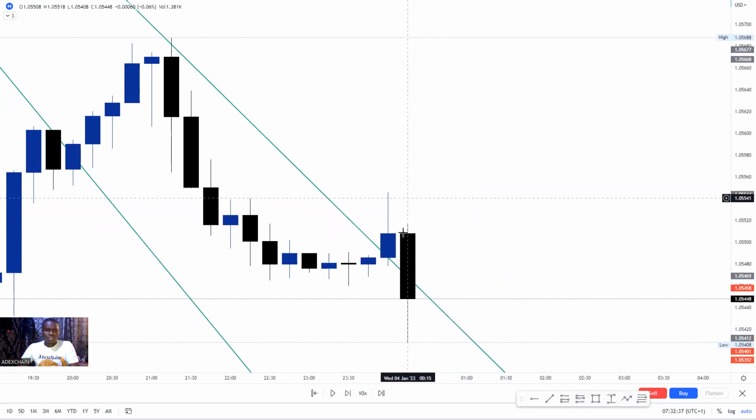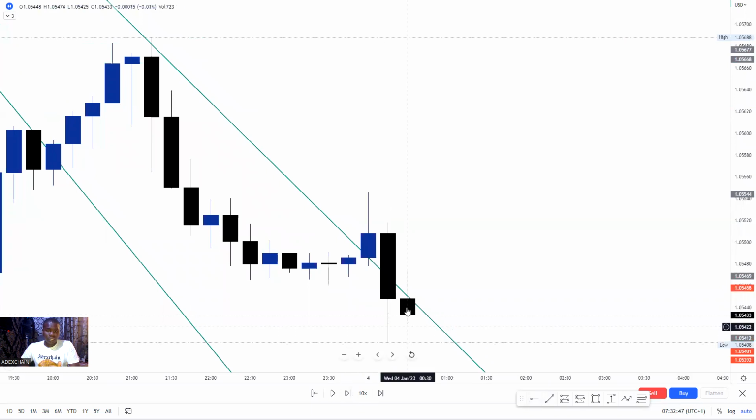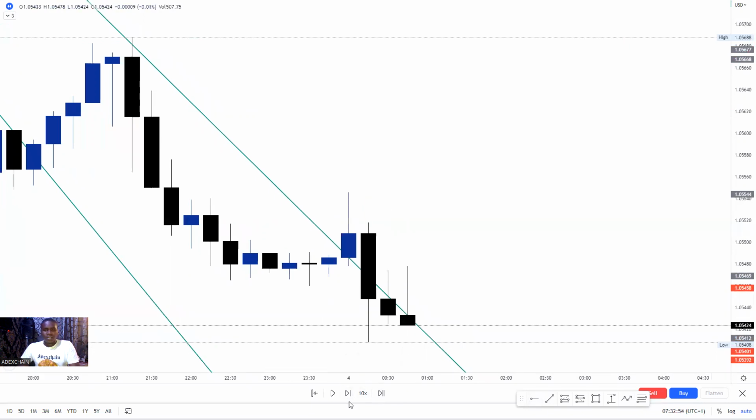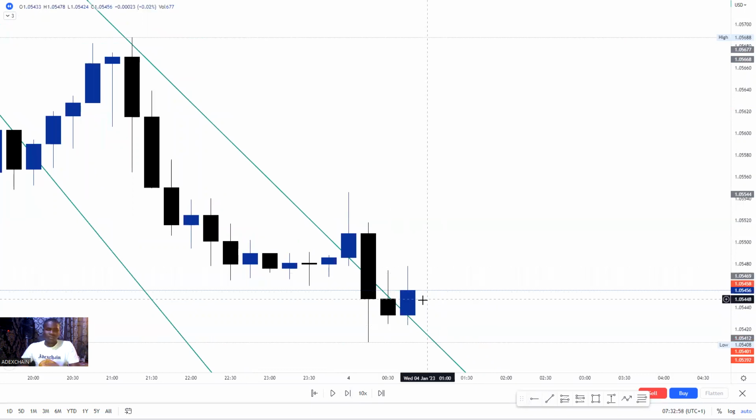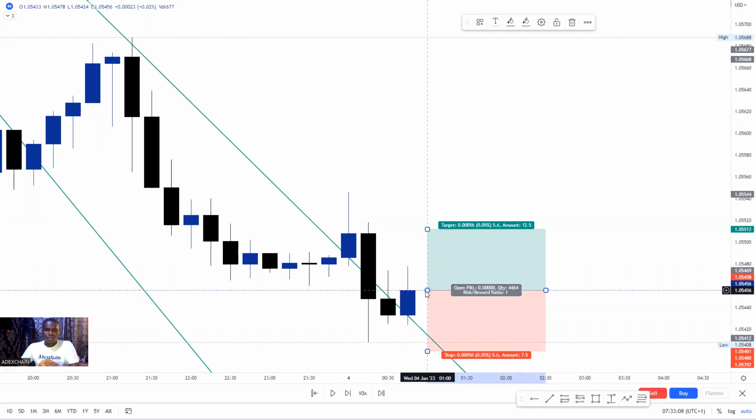And what I will do around here is I wait for another bullish candle for confirmation. So let's see. Can you see that it's still coming bearish? Anybody that bought here may hit stop. But I'm still waiting for a bullish candle. Let's see. Okay, this is a bearish candle. Okay, good. We got a bullish candle here, right? So immediately I got a bullish candle, I will just place my trade at the close of the candle, right? At the close of the candle.